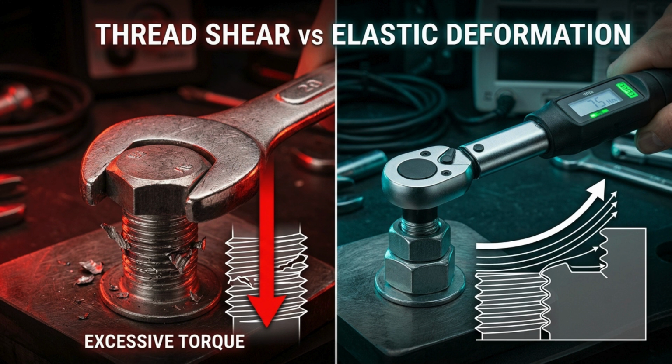Oil drain torque, kinetic thread shear. Tightening an oil plug with maximum force does not prevent leaks. It physically shreds the metal threads. You must use a torque wrench to achieve elastic metal deformation, stretching the bolt mathematically just enough to seal without